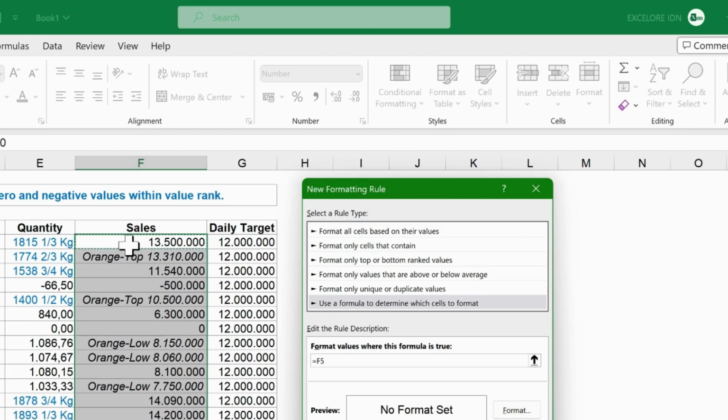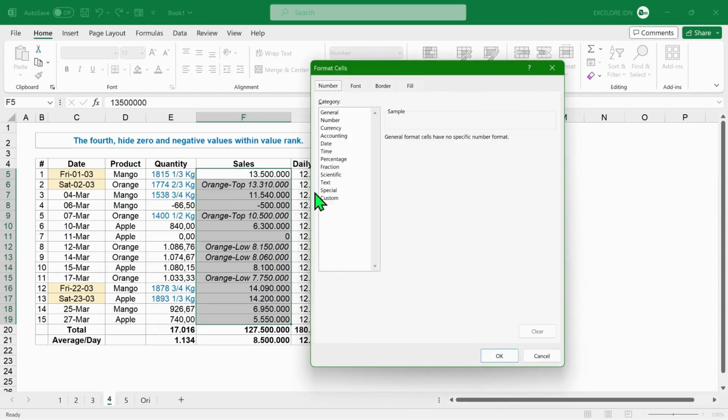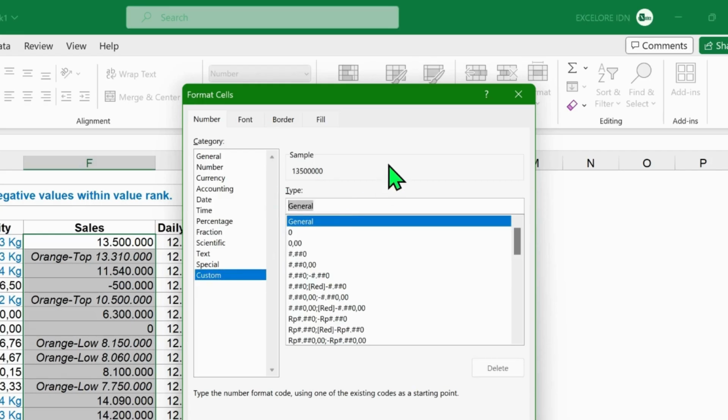Remove the $ sign. Type a smaller than sign. Type 7,500,000. Then press the Format button. Select Number tab. Select Custom. In the type bar, type the code [>1]